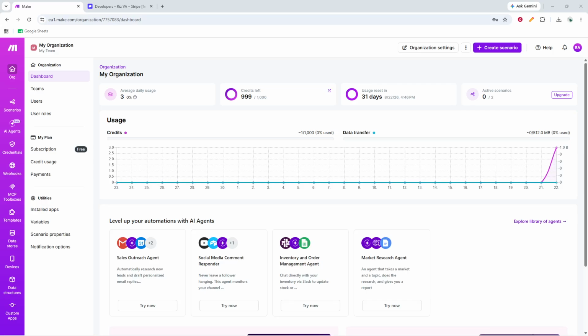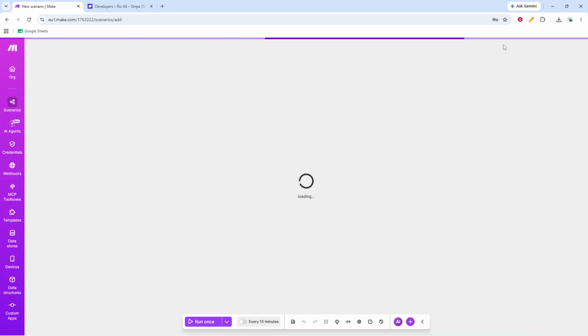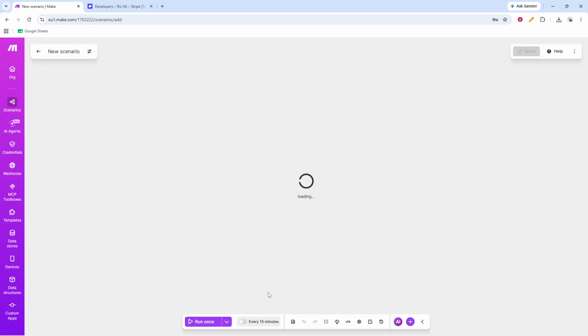This video walks you through how to connect make.com to Stripe. Start by signing in to make.com. From your dashboard, create a new scenario if you are starting from scratch, or open an existing scenario where you want to use Stripe. Once the scenario editor is open, move to the canvas and click the plus button to